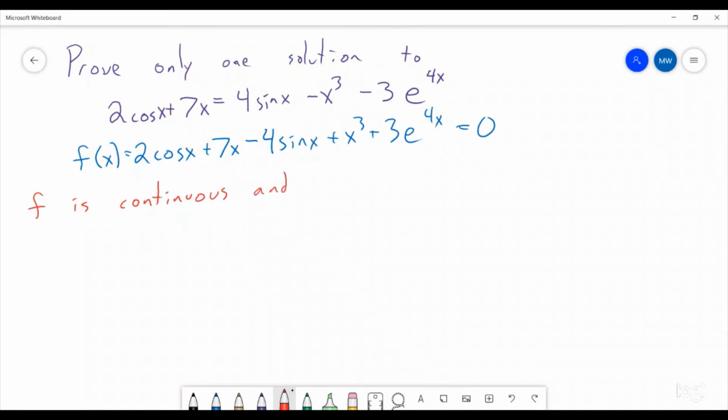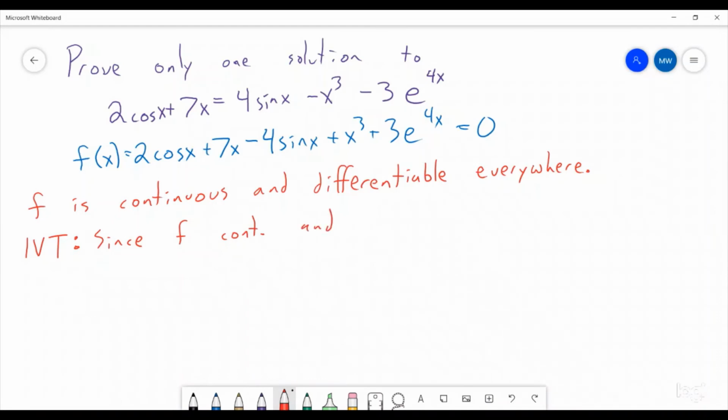and differentiable everywhere. And the reason we are doing this is we need the continuity for the intermediate value theorem, and we need the differentiability and continuity for the mean value theorem. So now that we have that, we can now use both of those theorems together. So the intermediate value theorem. So since f is continuous,